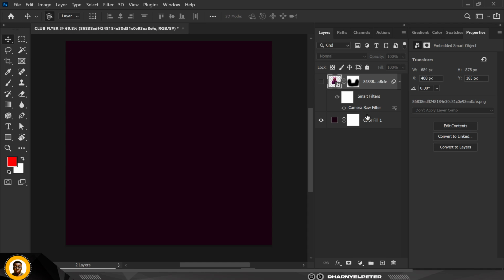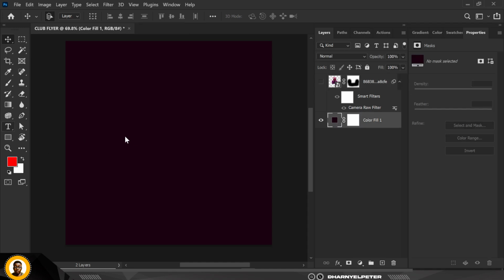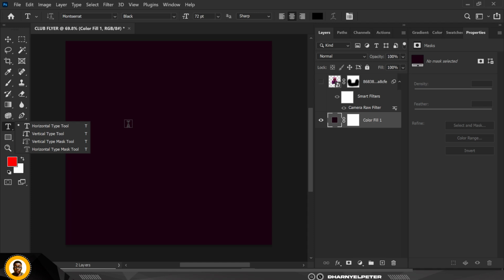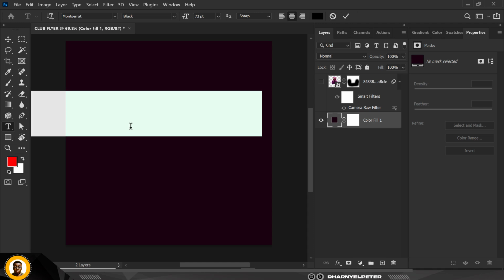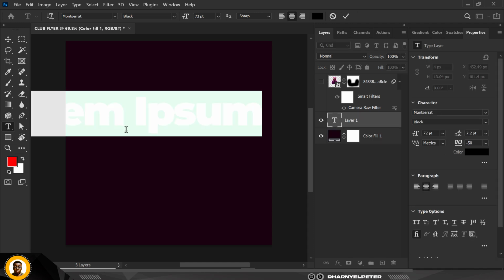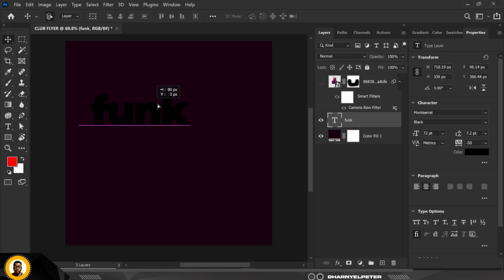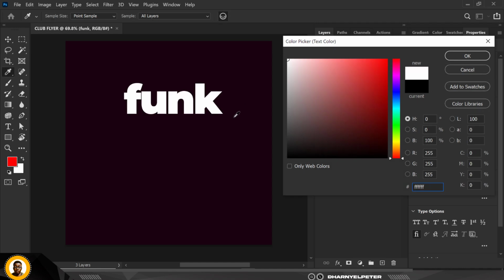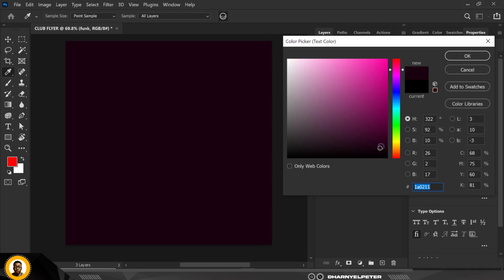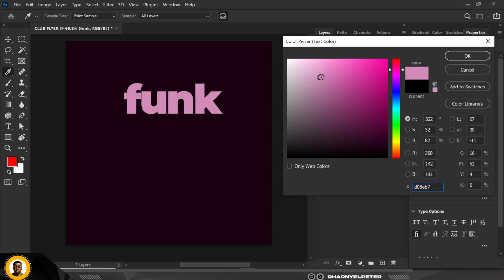Okay, so right about now I'm going to hide the layer, and I'm going to come to this layer here, and I'm going to select my text, right? I hid the layer of the image so it won't get in the way. So what I'm going to do here is I'm just going to type the word funk. This is what I'm going to use, and I'm just going to move it to this part here. I'm going to change the color like this. I'm going to use this color as a base color, and I'm just going to move up here like this. This is the color code I used,